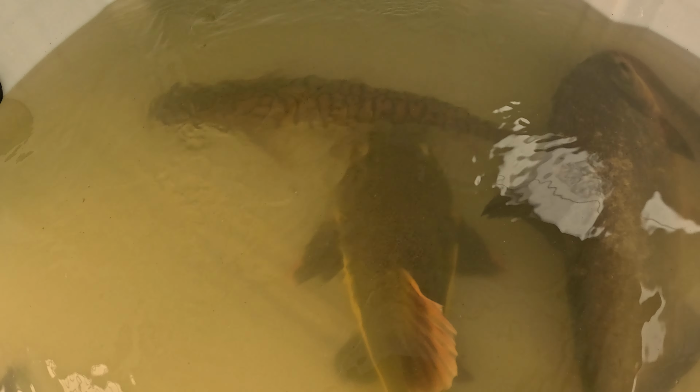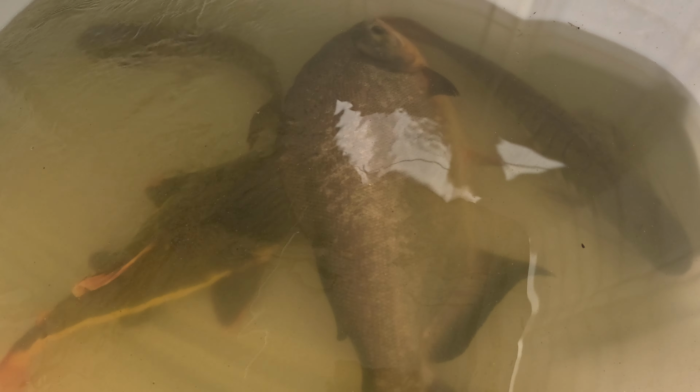Look about not quite 2 feet. This tiger shovelnose, this one's 1.5 feet. The red tail is less than 1.5 feet, tip to tip. The pacu is probably also 1.5 feet. Alright, so we're gonna go home, acclimate them, treat them against parasites and bacteria external with